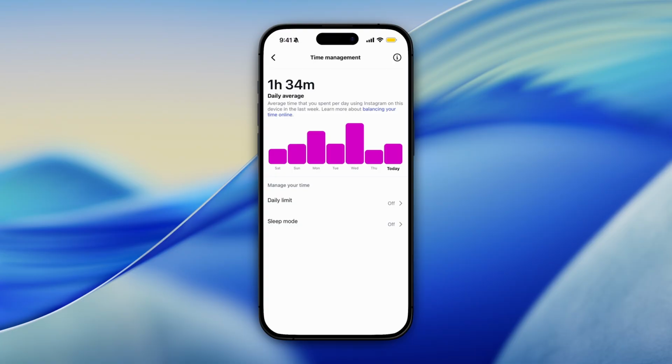This is a great way to monitor your screen time and ensure you're maintaining a healthy balance with social media. You can also set daily time limits from this screen to help manage your Instagram usage better, and that's it. You now know exactly how much time you're